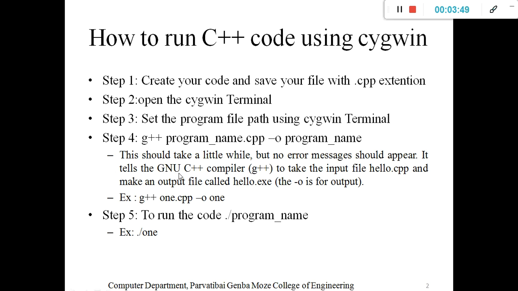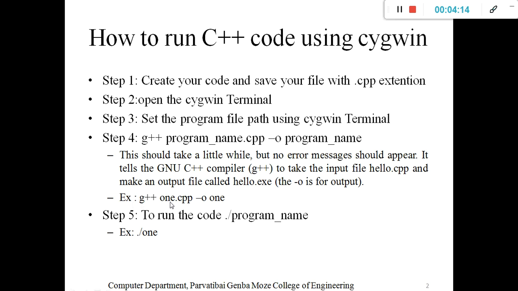It tells the GNU C++ compiler to take the input file, for example hello.cpp, and make an output file called hello.exe. That is simply how to compile the code and how to create the exe or output file.